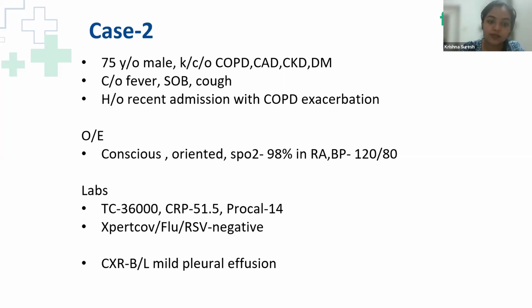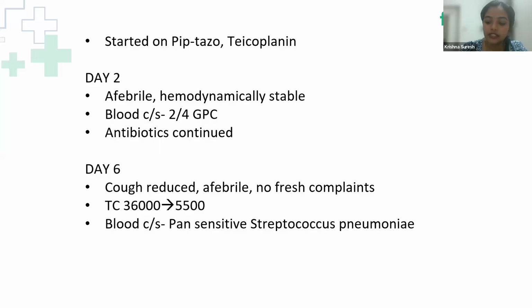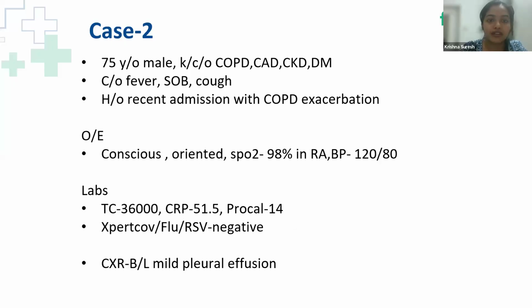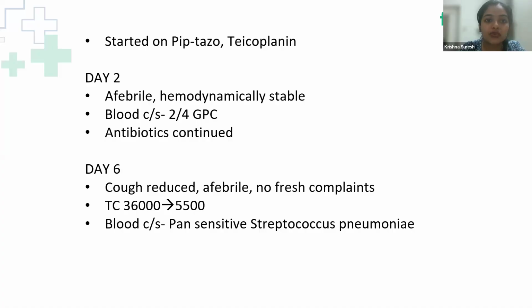Again, in this patient also, Xpert flu RSV was done, and that was found to be negative. Chest X-ray was showing a bilateral mild pleural effusion. So here you can see again there is risk factor for Pseudomonas as well as MRSA. So empirically he was started on piperacillin tazobactam to cover for Pseudomonas as well, and teicoplanin to cover for